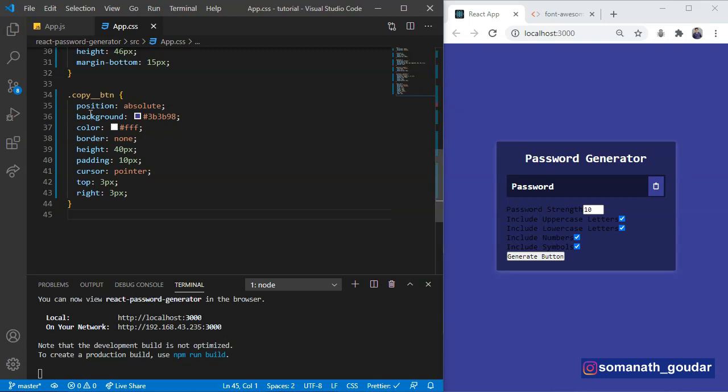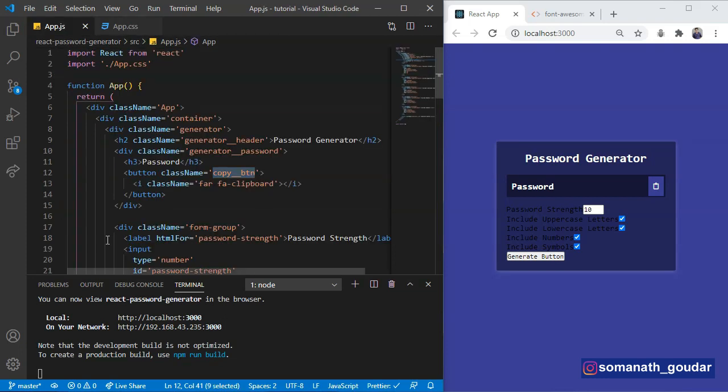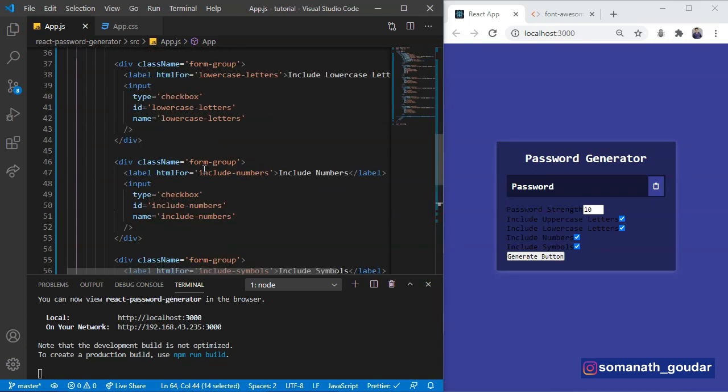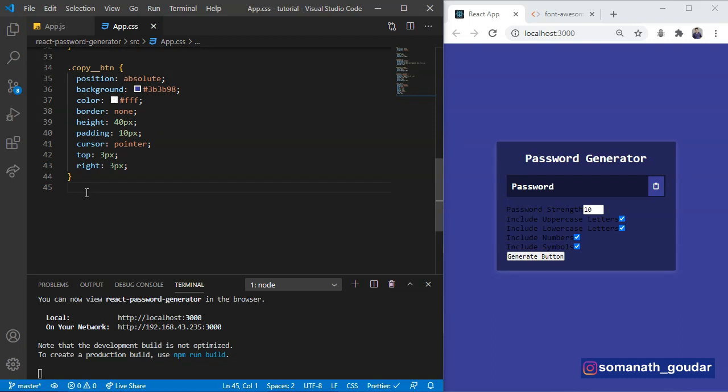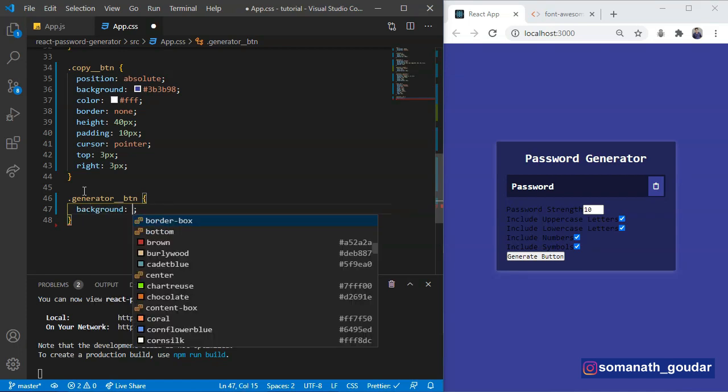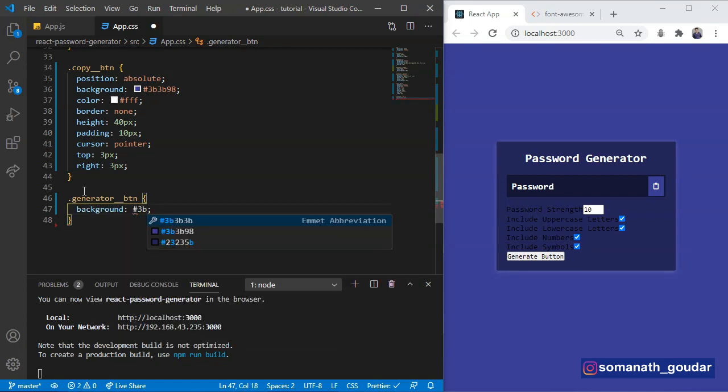Now let's style the button, generator button. It is having a class name of generator button. Let's also target that here. It is going to have a background of light color 3B98. Let's save and see.